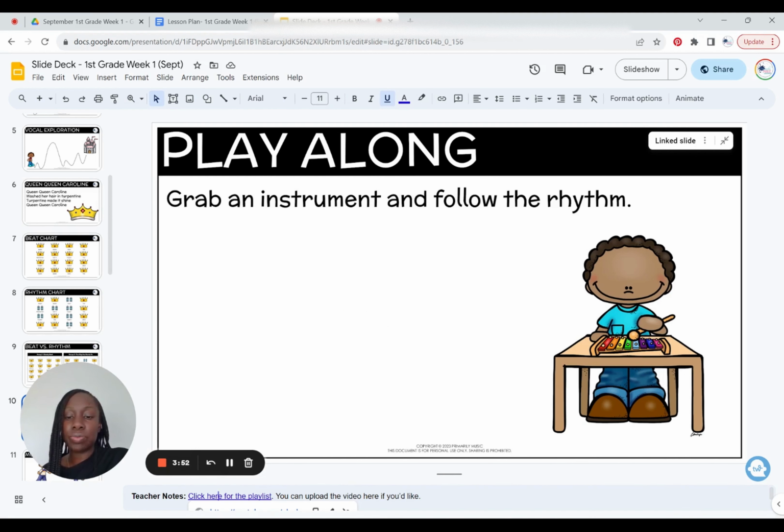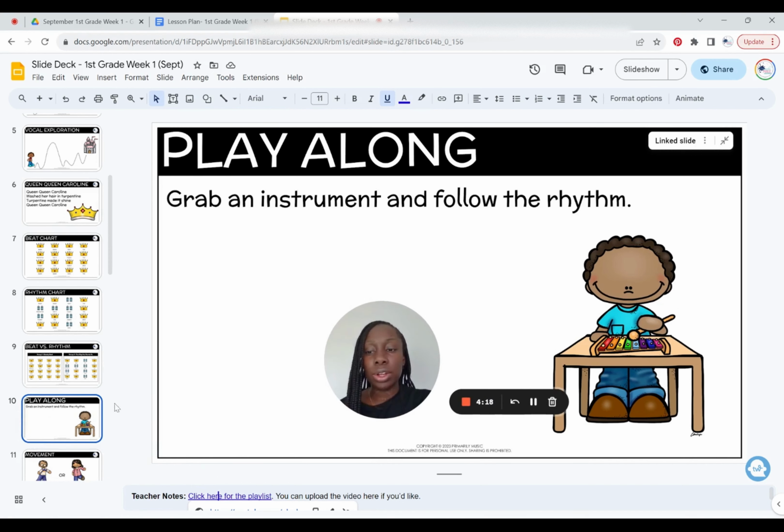Also down here, I have a playlist. This is going to be a growing playlist. Anytime I find an activity, remember, I'm trying to save you time so you're not doing all the searching. So anytime I find an activity that fits within one of my playlists, I'll just add it in here. There may be just one or two videos in the playlist now, but over the year, the playlist is going to grow. All right, so that is the next activity.